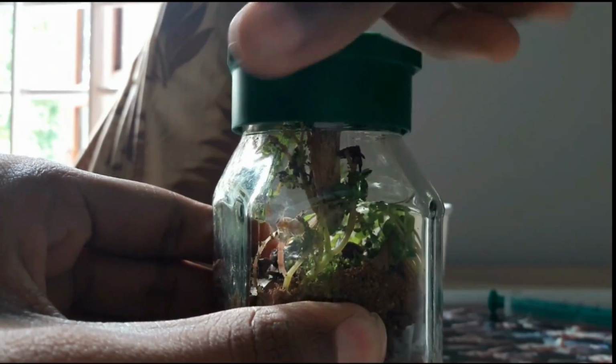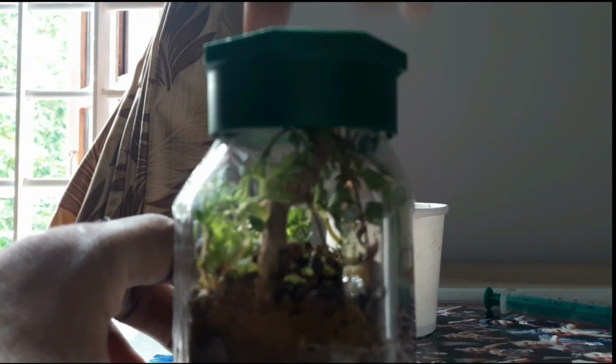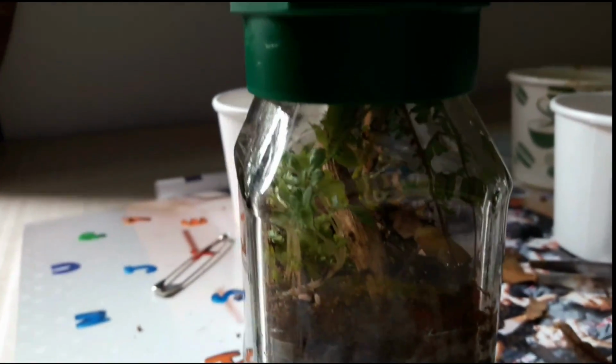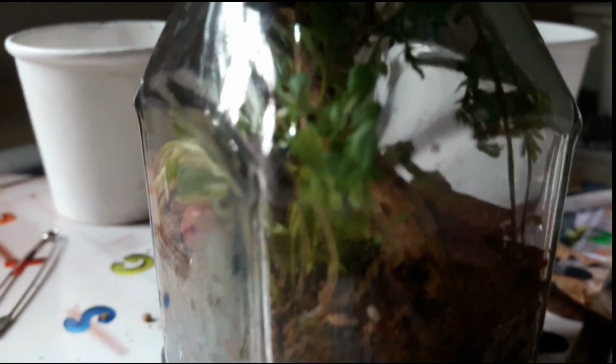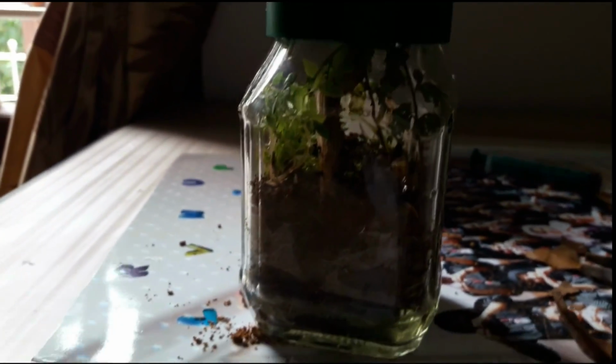I'm going to be closing this now. And here we are with our terrarium ready. Okay, so it's pretty confused, I think. Oh, they both met. Are they fighting? No. It's crossing sides. And that's it, guys. And our terrarium